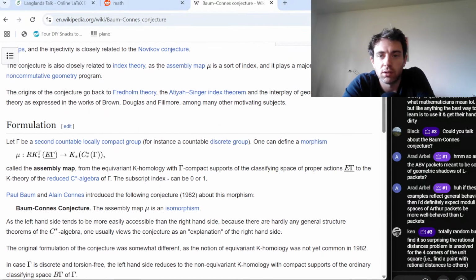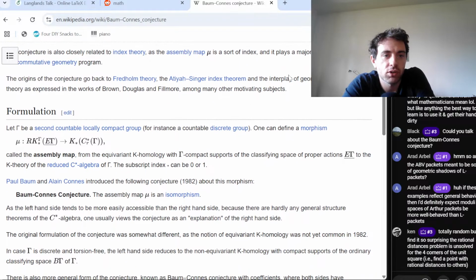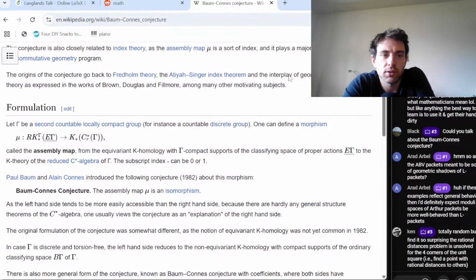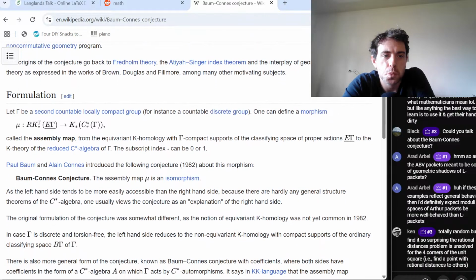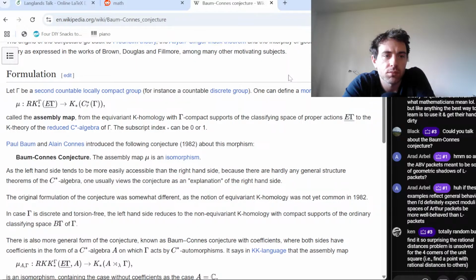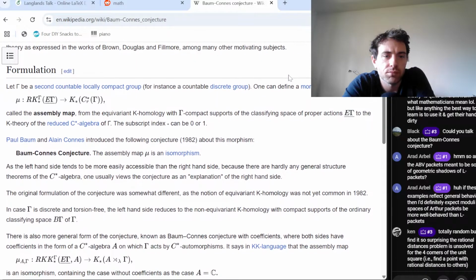Not surprising given whose namesake is on the conjecture. Okay. So second countable locally compact group. One can define a morphism,